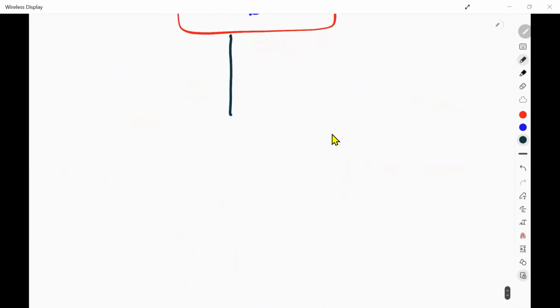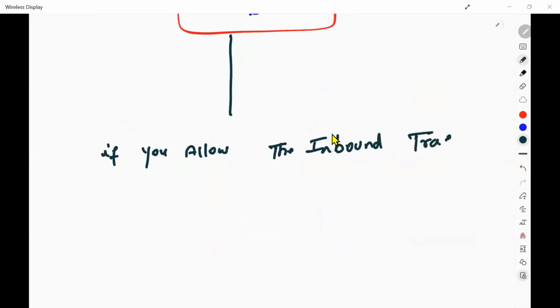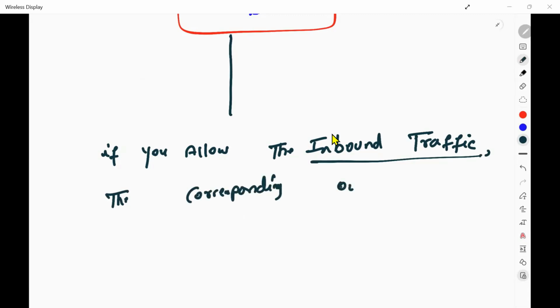A stateful firewall is nothing but: if you allow the inbound traffic, the corresponding outbound traffic is automatically allowed.